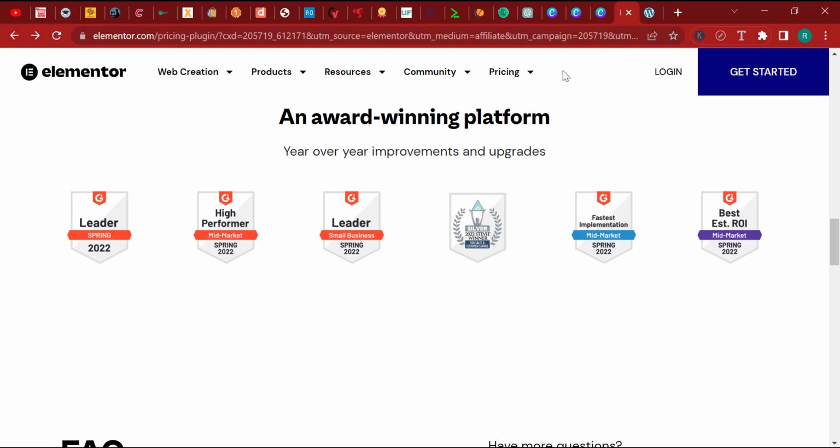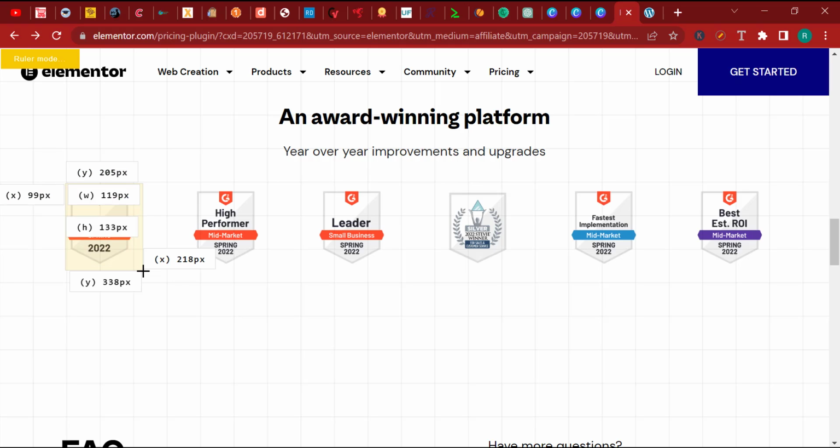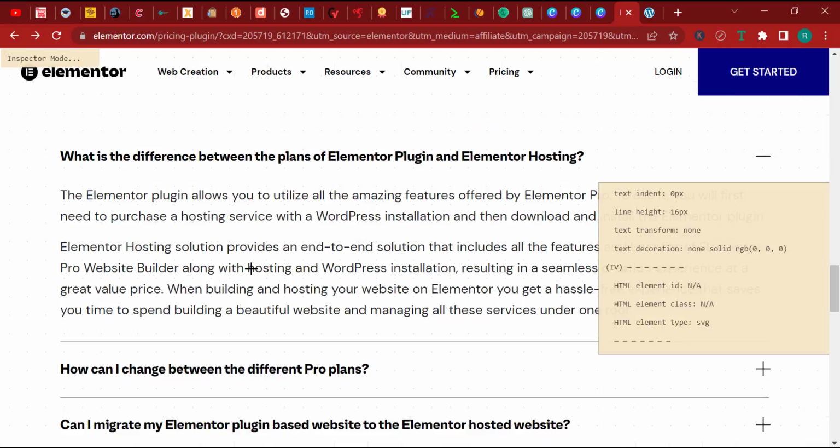Now, if you want to remove the background of that image, you can come to Canva, like I've shown you. You can remove the background from it. And if you want to get the measurements right, click on the background ruler or the page ruler, and get the measurements here. It says that the height should be 133 pixels and the width is 125. Now, because I already have these images,